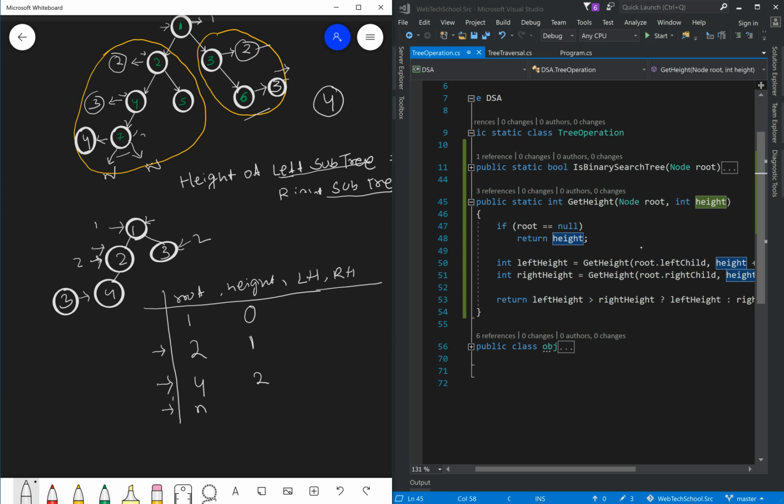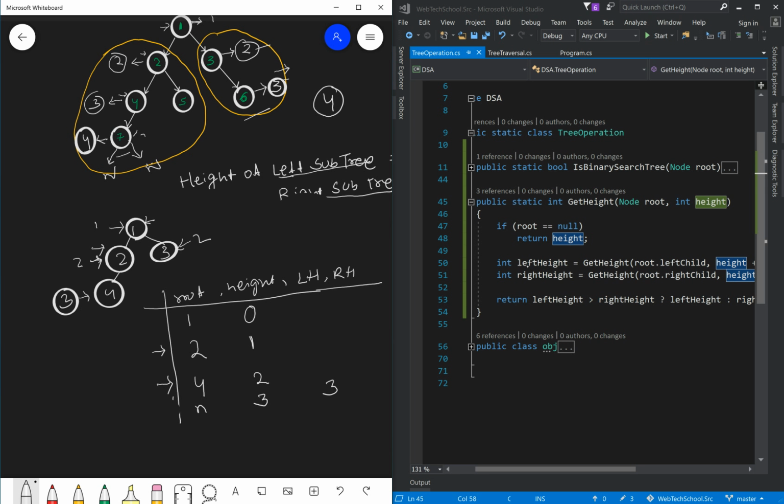It passed null and the height value is 3. If root is equal to null, then the left height value is 3.